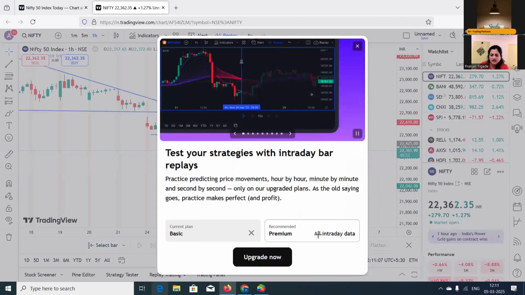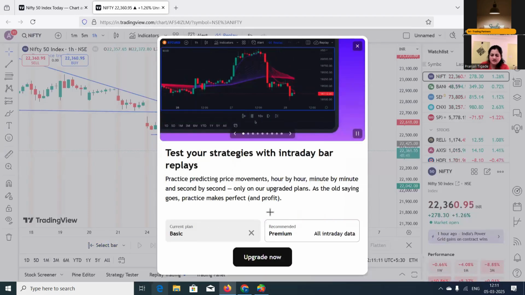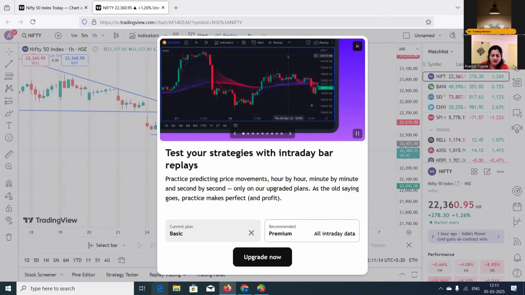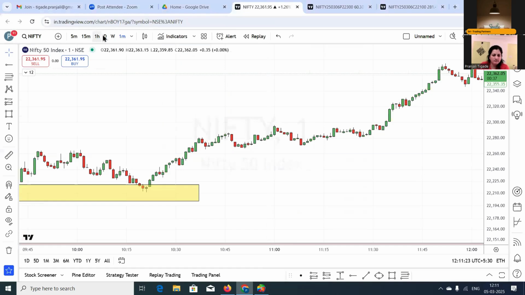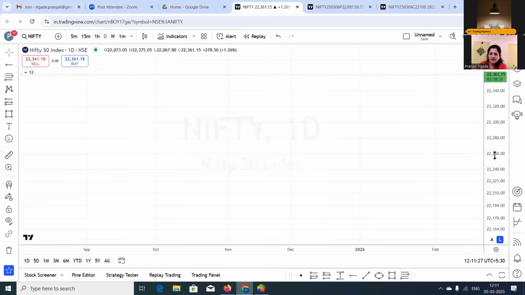So again, the replay candlestick is a feature which is available in the premium. So I have a premium account logged in here, so I can show you the replay feature with the premium account. Okay. So we'll go to the daily time frame.